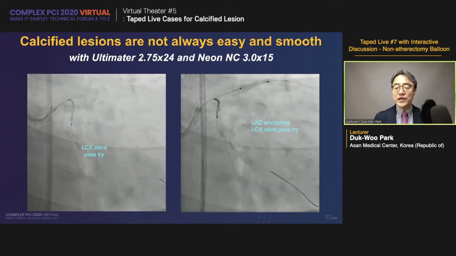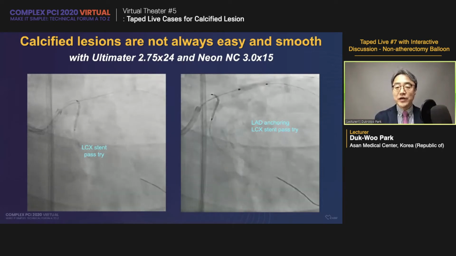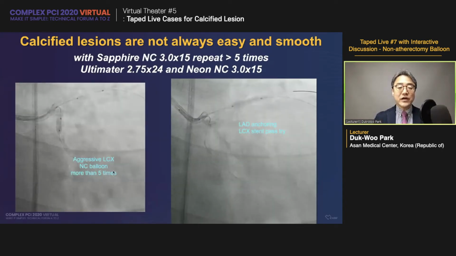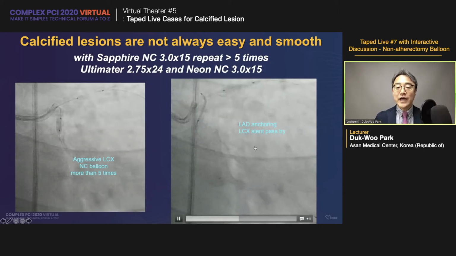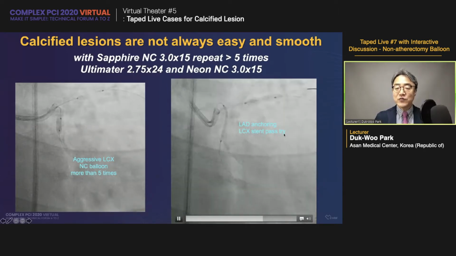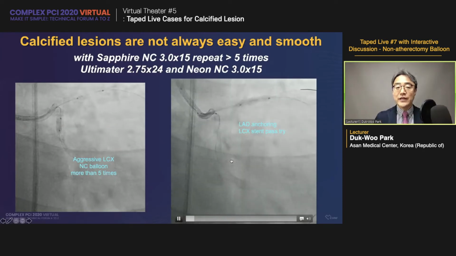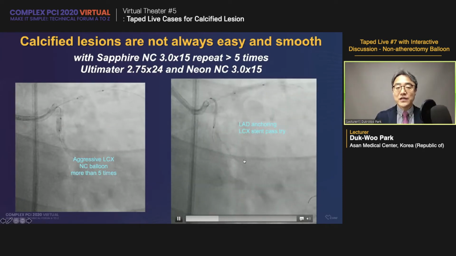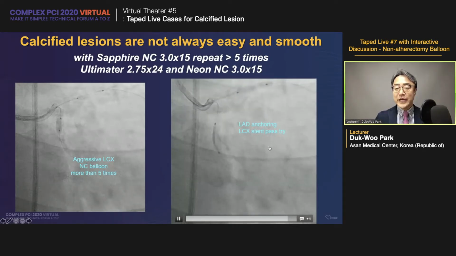I'm sure the moderator and the panel have experienced a similar case. So I did aggressive LCX NC ballooning more than 5 times, then tried 6, 7 times, and very luckily the stent passed. This is the Ultimaster 2.75, 24, and at the final time, very luckily it passed to the LCX